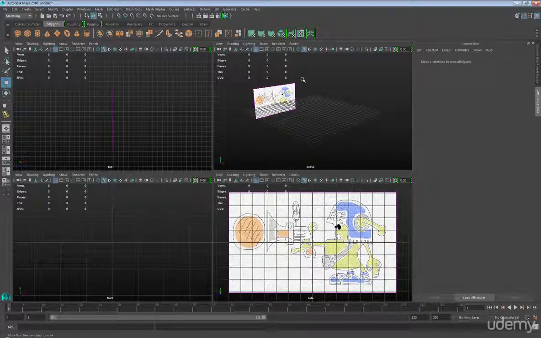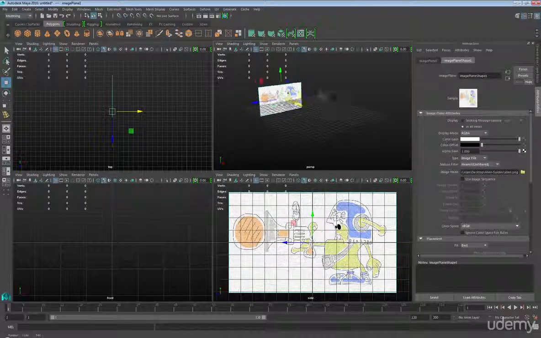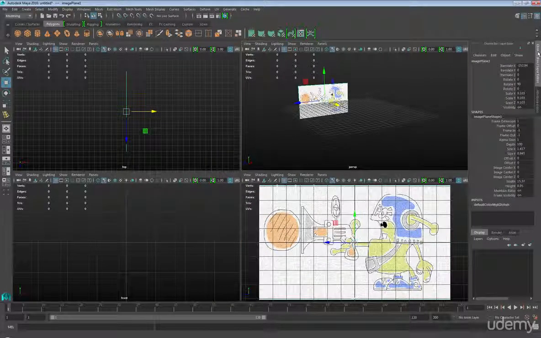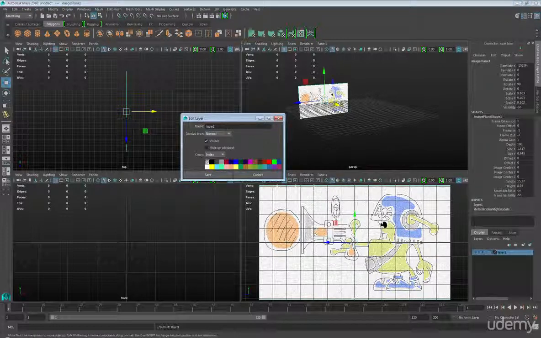Alright, so one other thing we need to do is make sure that we don't select or keep selecting our reference image during the modeling process. So what I'm going to do is select it once, go to my channel box, and in my layers, while this is selected, I'm going to click on this button right here, which creates a layer. And now using this layer, we can control our reference image. So let's name this